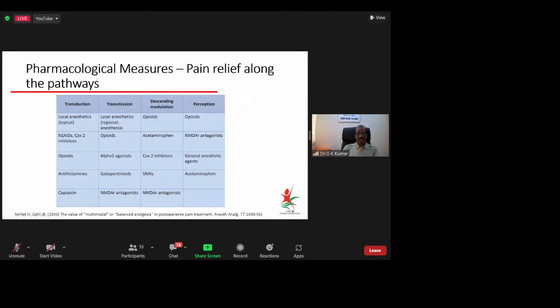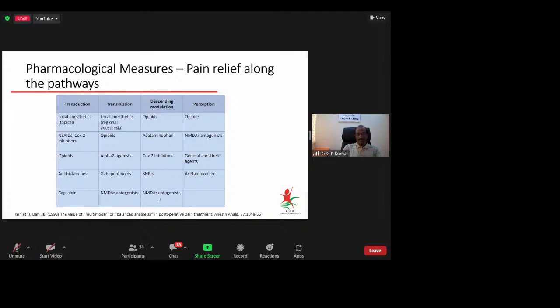And for transmission, of course, you know the local anesthetics, opioids, alpha-2 agonists, gabapentin, and NMDA receptor antagonists, because various receptors and chemical neurotransmitters are involved in pain transmission. That's why these drugs act on different receptors at different levels. Pain transmission is not a simple one as we think. It has different ways of achieving pain perception. That's why we have different levels of receptors and different pathways to block that pain conduction and reduce the pain